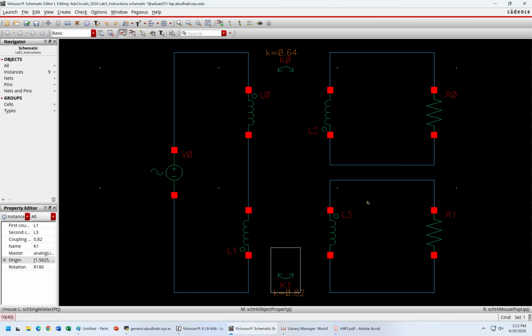So we have defined these coupling coefficients, 0.82, between these two inductors. This is very important. Please remember how to put the dots in here and how to relate these inductances. Now for this voltage sign,